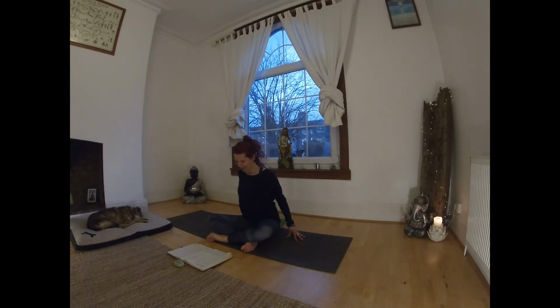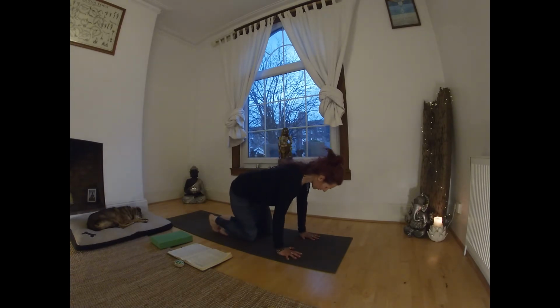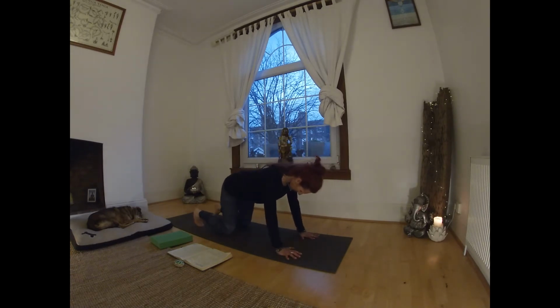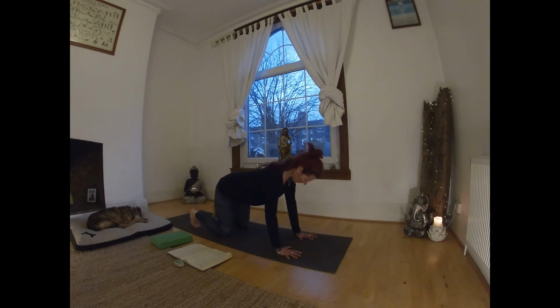Good. You come over and onto your hands and knees when you're ready. So finding a tabletop pose. And just check your spaces here, check your foundation again. So you spread out your fingers, you turn your toes under. And then we move through Marjaryasana, so you draw your tail under, you round your back, press the floor